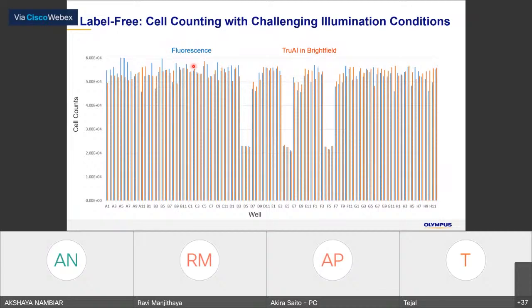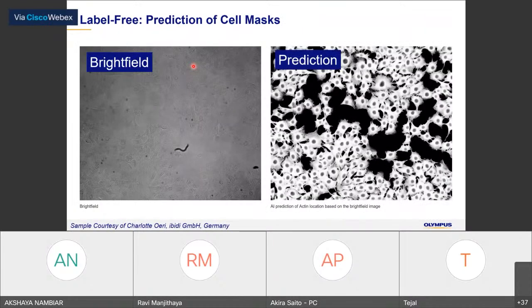So I will say it's quite accurate. So again, sorry, this is the bright field image example to find where the cells are.